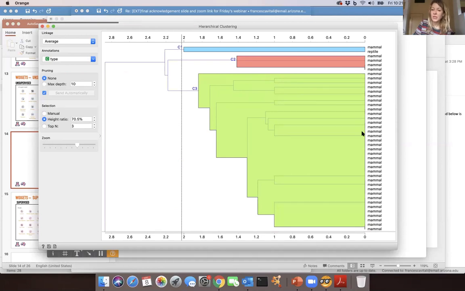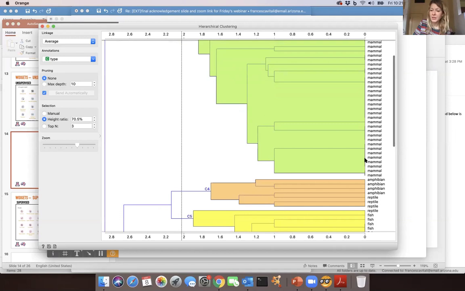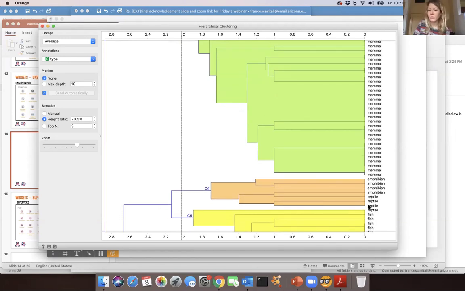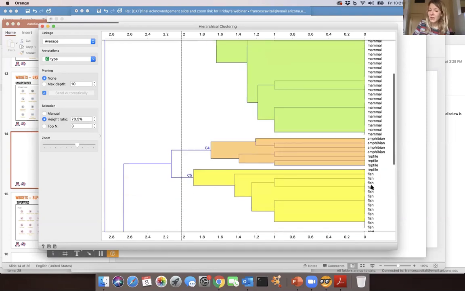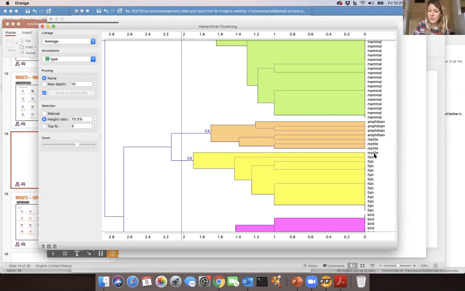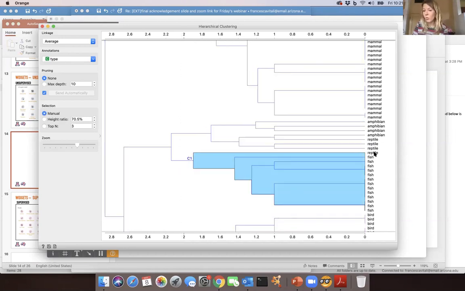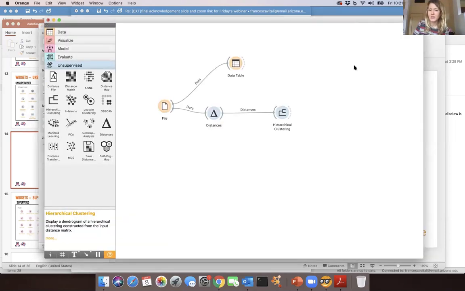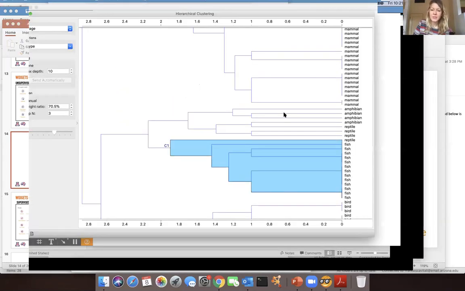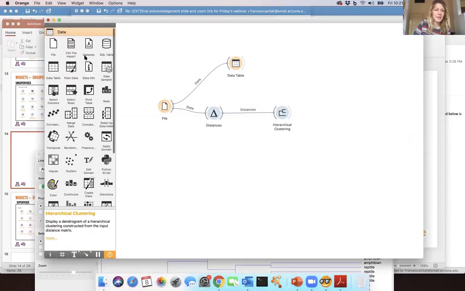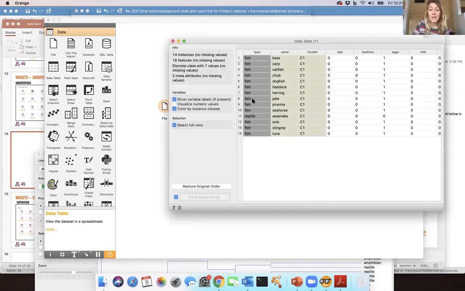And we can see that actually all the mammals are grouped together here. The amphibian here has a little bit of characteristics that are probably similar. And then here we see that we have all fishes and one reptile. So maybe it's interesting to explore who is this reptile and why it has those characteristics. So we can add the data table after the clustering to investigate these animals. And here we can see that we have all the fishes together, and the reptile that has been clustered together with them is the sea snake, probably because it has a lot of features that are similar to the